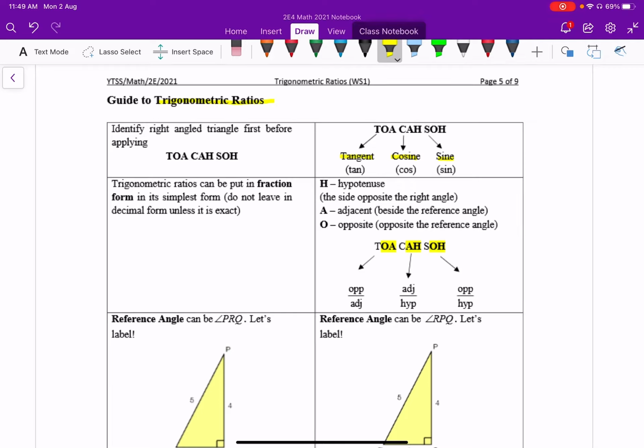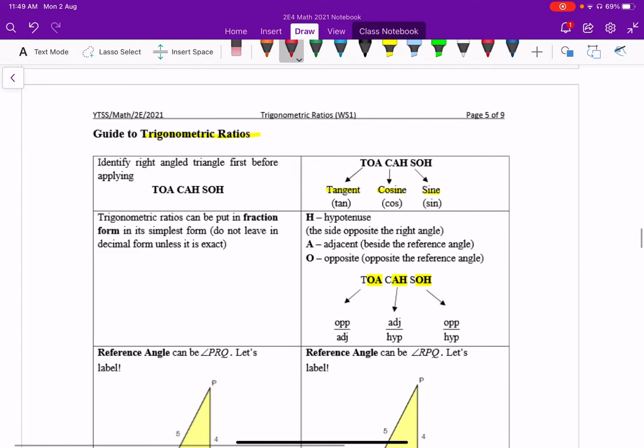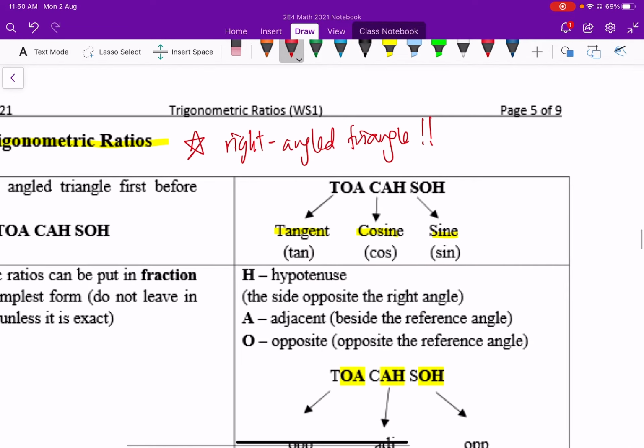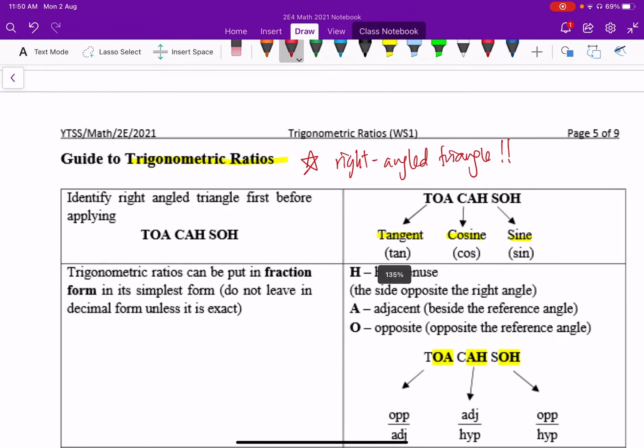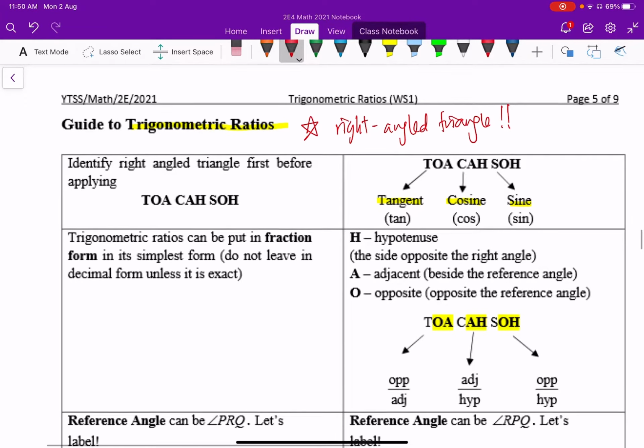Okay, and trigo ratio, you must remember before we move on, will only work in what we are learning right now. It will only work in right angle triangle. Don't go and apply it to any triangle that you see. It will only work in right angle triangle. Okay, for the moment at this chapter, we must be able to identify it. So